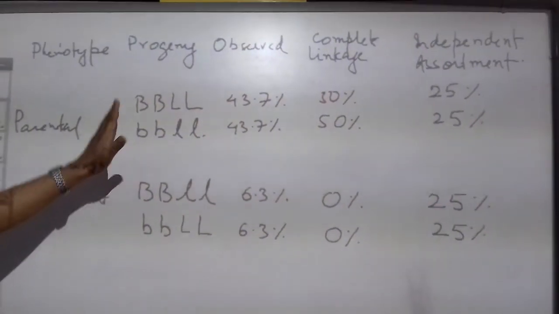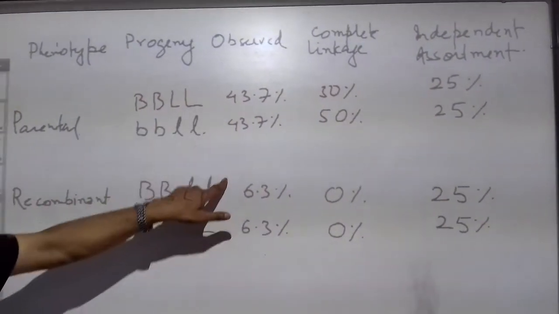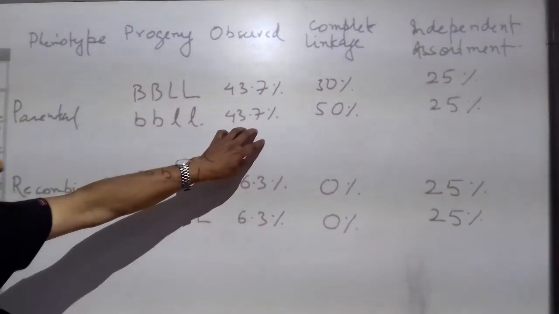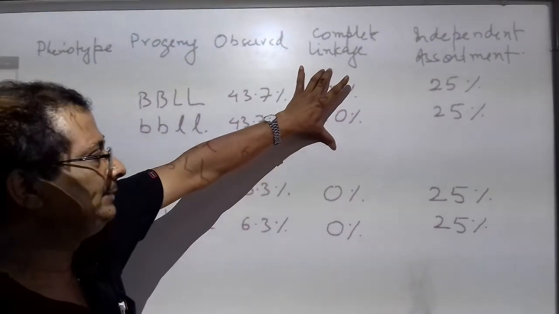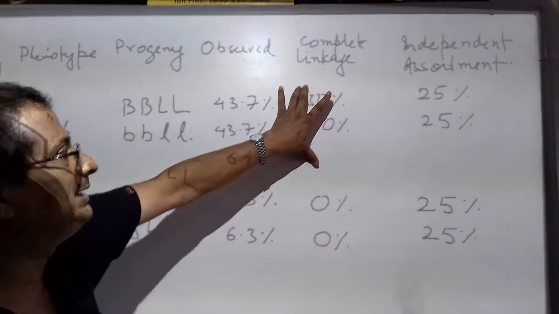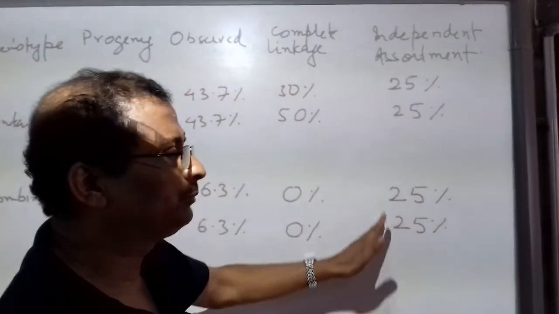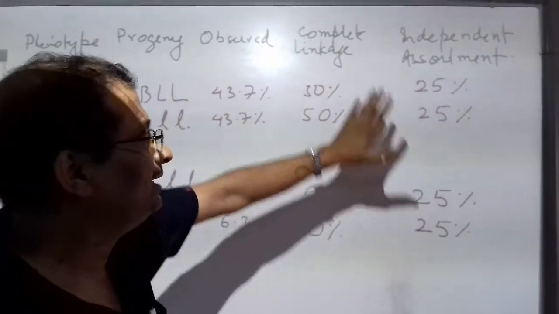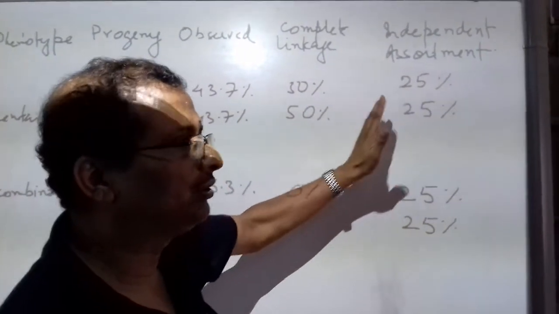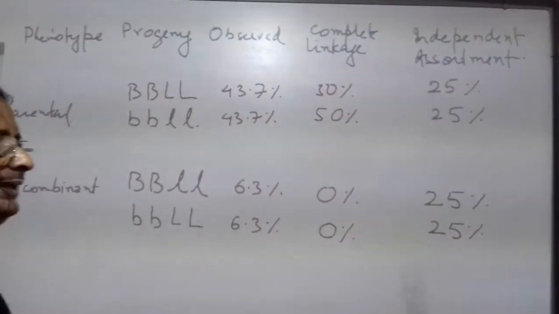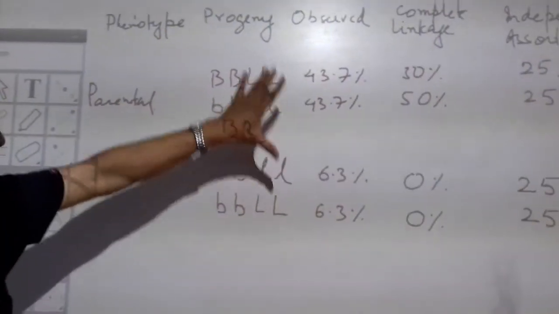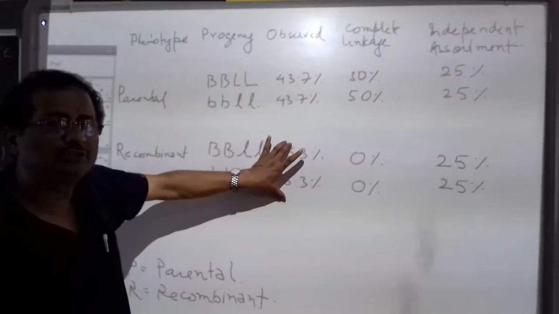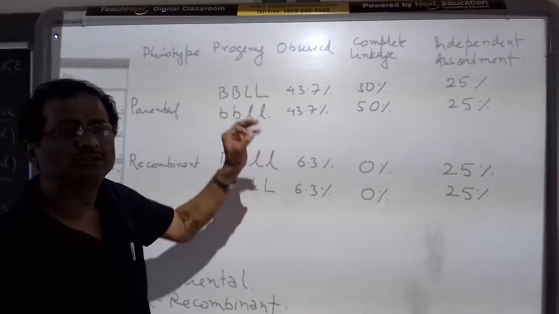So in the F1 generation, when the test cross is done, if we have the parental types as the major part with a small amount of recombinants, this is incomplete linkage. If we have only the parental types and no recombinants, that is complete linkage. If we get all in the same proportion, 1:1:1:1 or 25%, 25%, 25%, 25%, then we say that independent assortment has occurred. So why does incomplete linkage occur, why a major portion is parental and a small portion is recombinant? Because of crossing over.